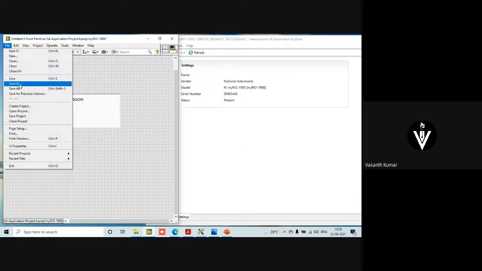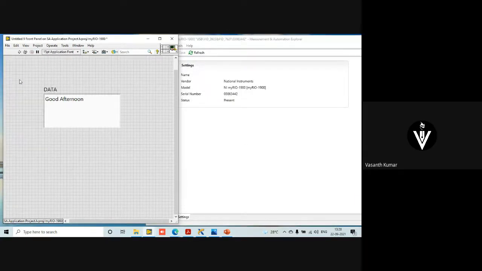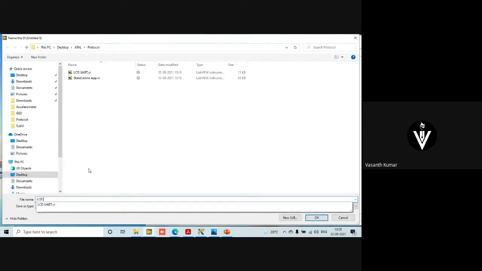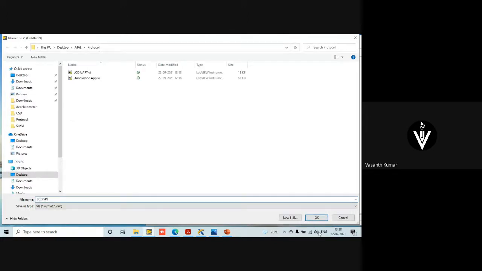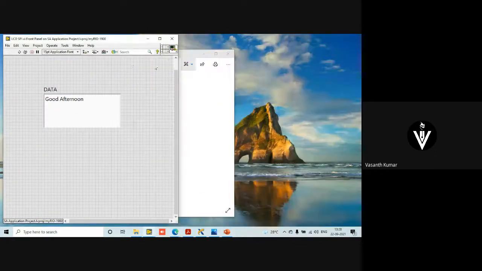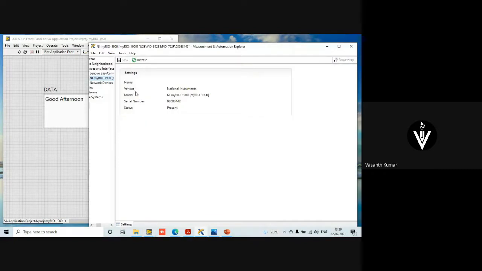I'm supposed to save this code. Save. So LCD SPI. Oh, sorry, I just closed the. So I'll connect the camera.